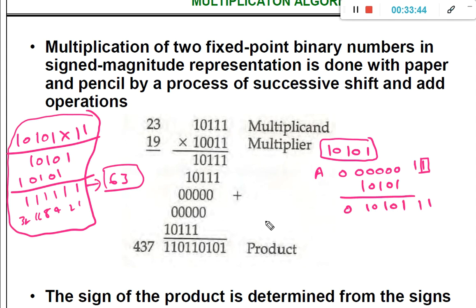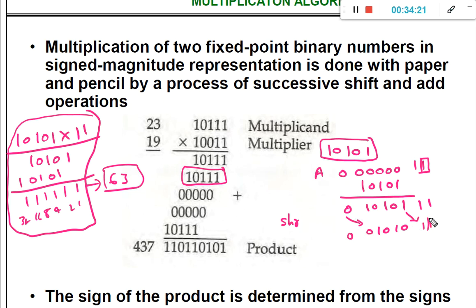Now what you need to do is perform, instead of shifting left, here you can see we are going to shift left. Now instead of shifting left, we are going to shift right the intermediate product. So if you shift right, then the values will be changed like this: 0, 1, 0, 1, 0, 1, 1. This one will come here. Now this expansion bit will be filled with 0.